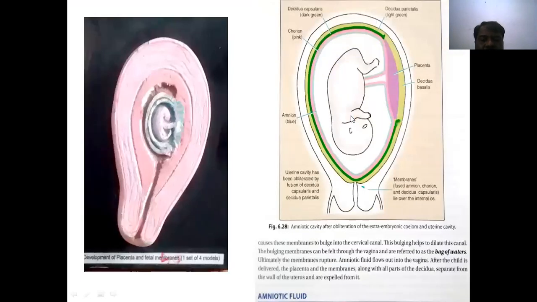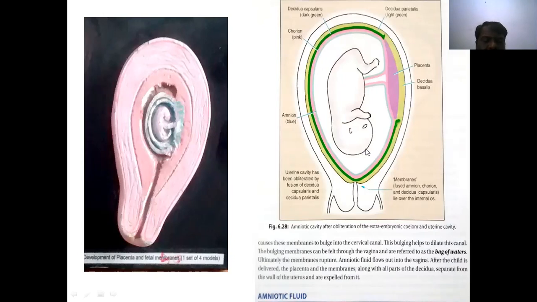See how it is holding inside the uterus. This is the umbilical cord formation. This is present inside these layers. Here we can identify the amnion, the blue color, one layer of protection. Second, the pink color is the chorion. Next is the decidua capsularis and decidua parietalis. So four layers cover it. Inside we can identify the cavity. That cavity is filled with the amniotic fluid.